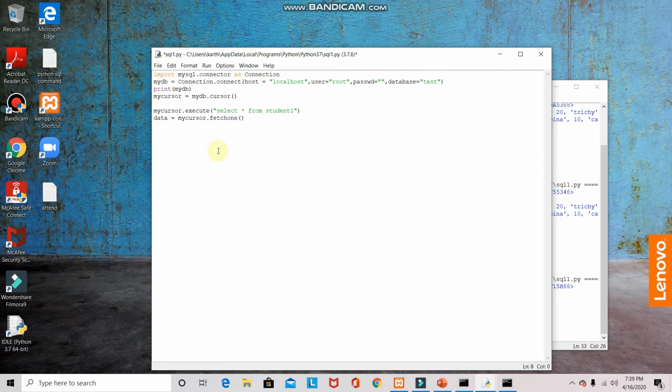The last one is fetchmany. If fetchmany is given and I am fetching 2 records, then the row count will be 2, since until now 2 records have been fetched, so 2 will be written here. Whatever is stored in the data, the first 2 records in the form of a list will be retrieved.